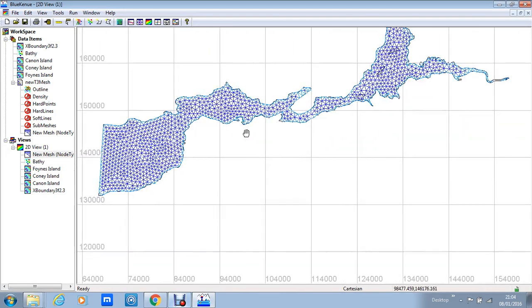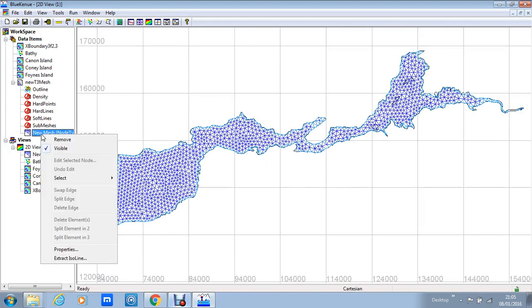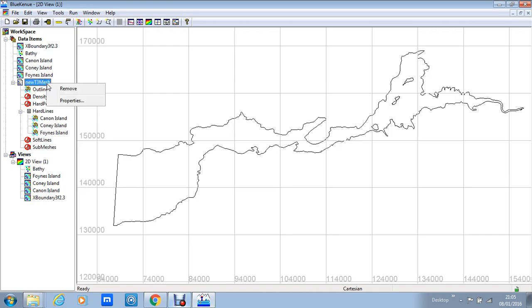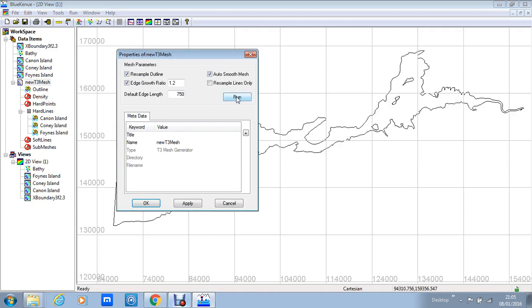So what I need to do is come back in here, I'm going to right click here on the new mesh and remove it. This time what I need to do is remember to include the islands. So I select these down, I take Kenue Island and I drag it down into this object as a hard line. I do the same with Kenue Island, and I do the same with Foynes Island. You can see they're listed there as hard lines. Now when I go to do the mesh and I run it,